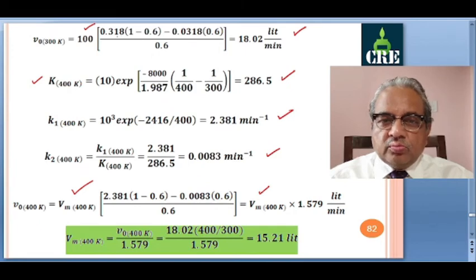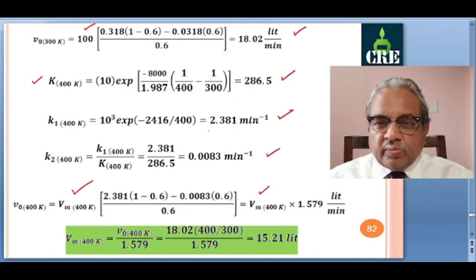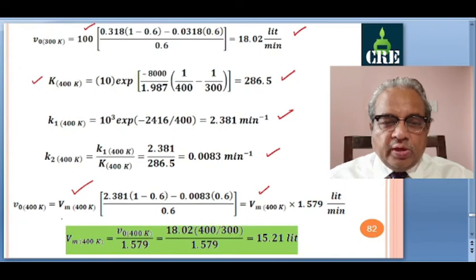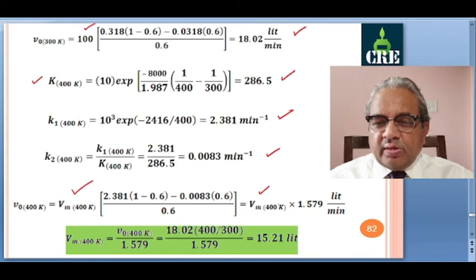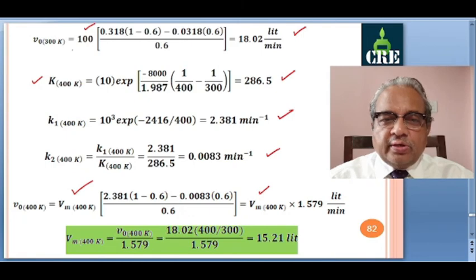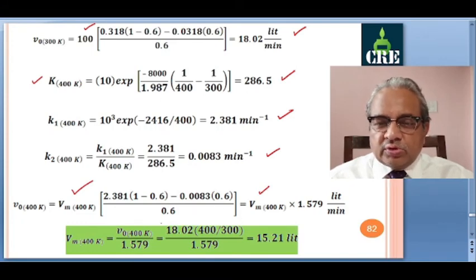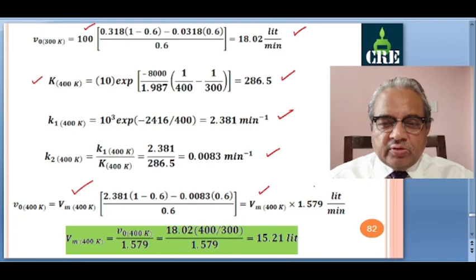So here also we have found out K1, K2 can be found out. This divided by 10 simply, because at V0 at 300 Kelvin that value is 10. So one decimal will be shifted. So we got this relationship. V0 at 400 will be Vm at 400 multiplied by this completely. Similarly, it was here V0 at 300, Vm at 300, which was given value, multiplied by this complete bracket, whatever the value comes. So value of this bracket is 1.579.